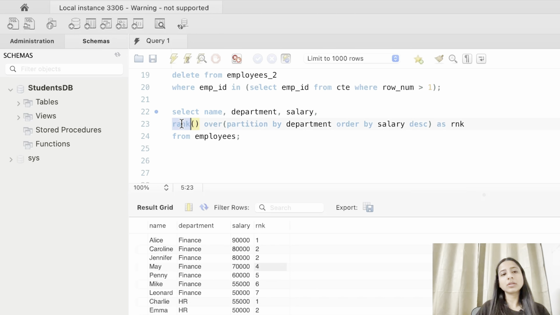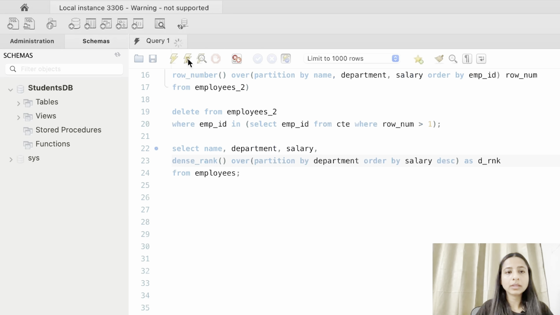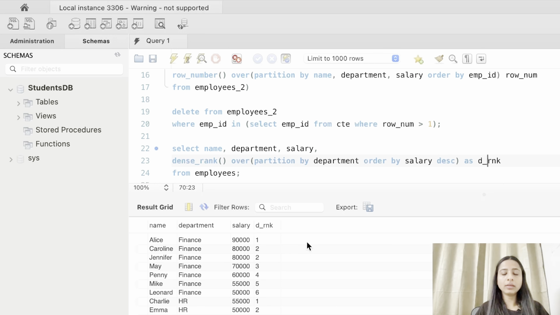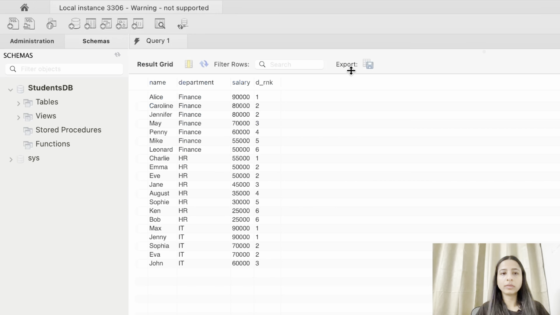So let's just use the same query and replace rank with dense rank. Okay. Now let's see how the output looks, and let me give an alias as D rank. Okay, let's execute this and let me pull out the result for you again.